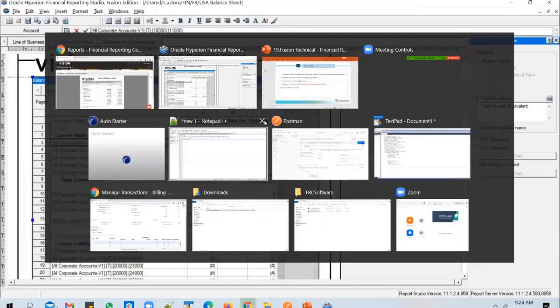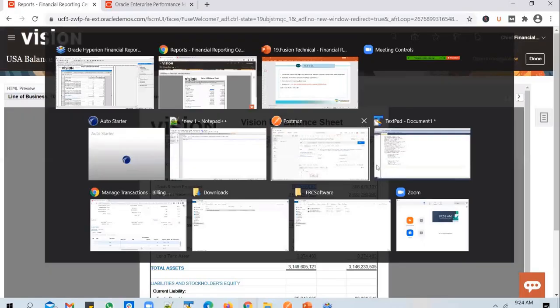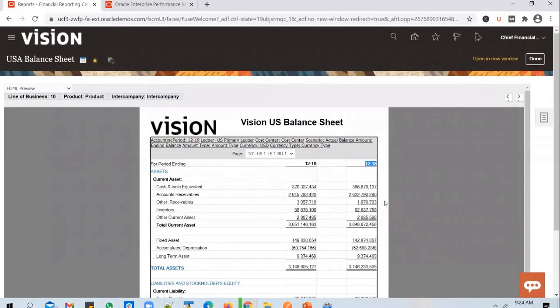So if you look at this column, you have a blank column again, and then you have another column, and this period is displaying balances for 12-18. First of all, why 12-18? Usually, I hope most of you are already aware of it, in financial reports, whenever you do the comparison, you don't compare it with the previous period.